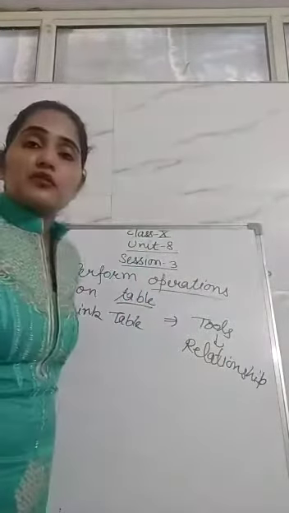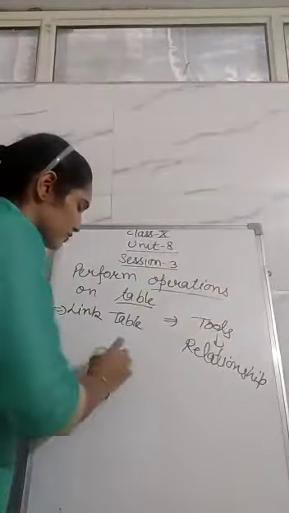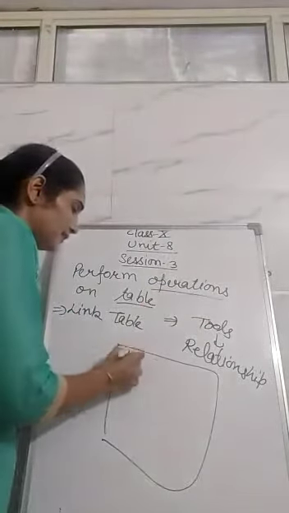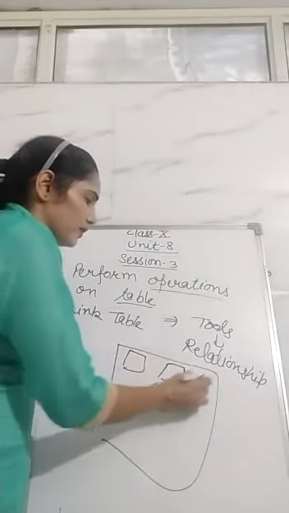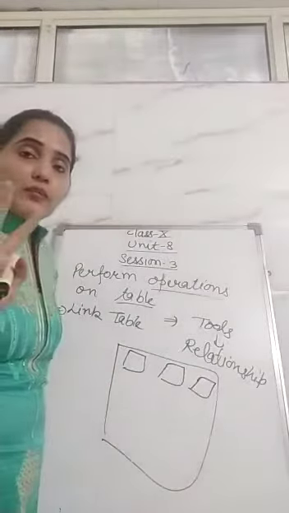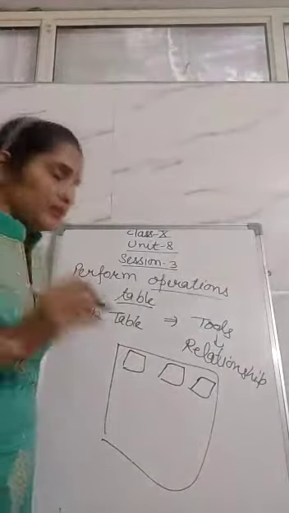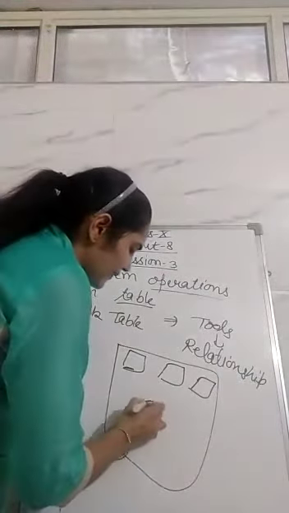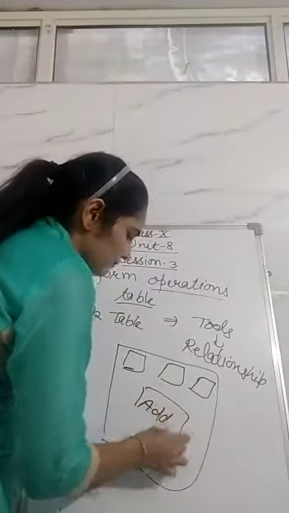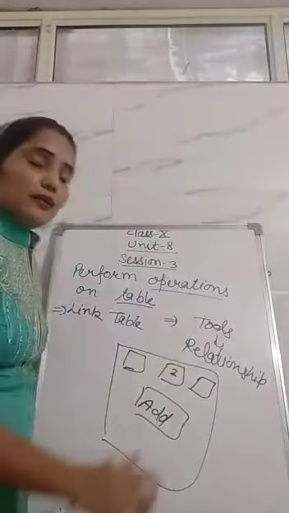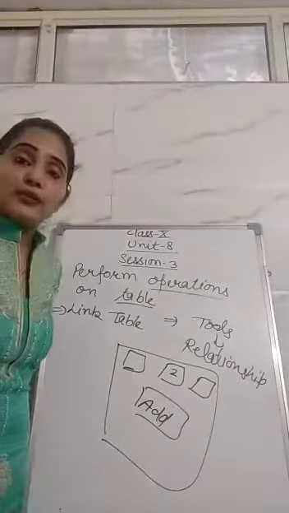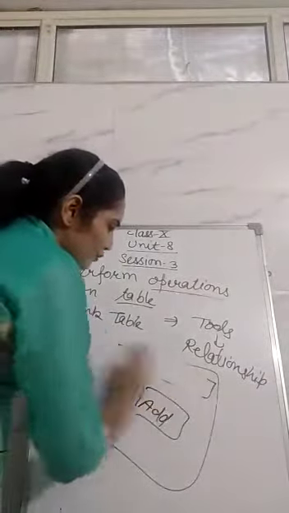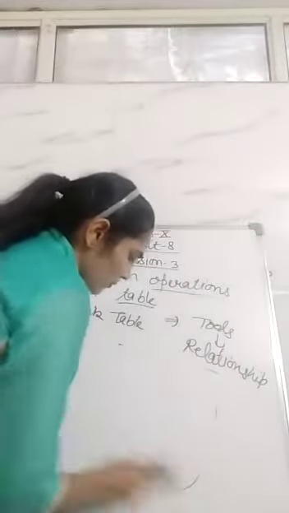Just click on Relationship. When you click on it, a relationship dialog box will appear, and in that it shows the names of the tables. Suppose we have two tables. It shows the names of the two tables in a box. We just select the name of a table and then click on the Add button. Select the other table, and again click on the Add button.